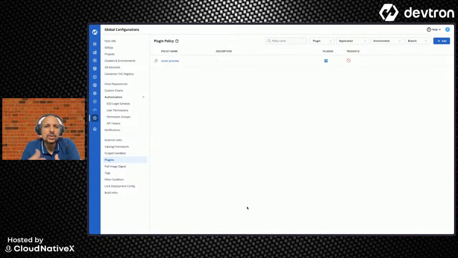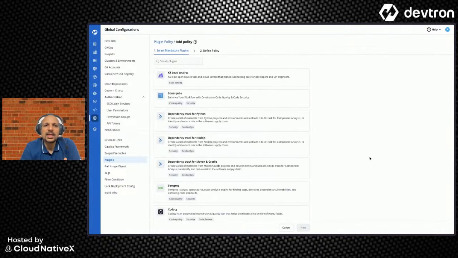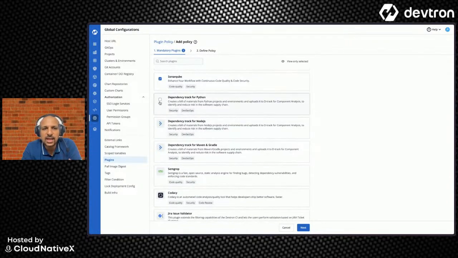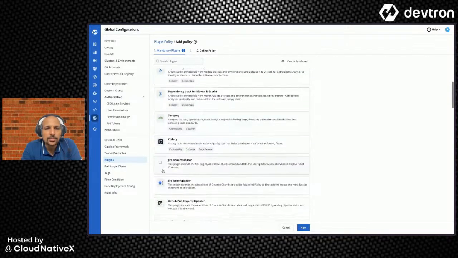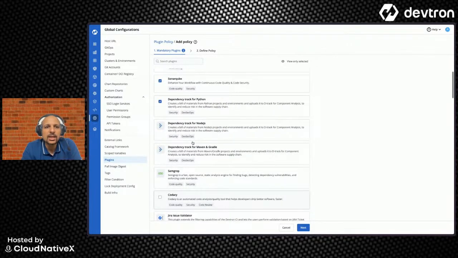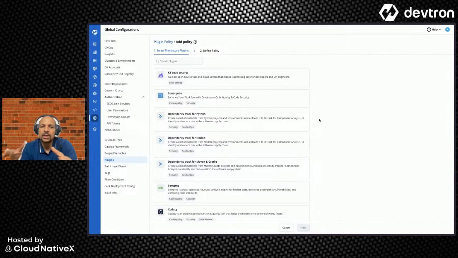Of course, you need to be sure that you have tested systems out properly. Or you may say, I want to create plugins and make them mandatory. For example, from a security perspective, it's important that every pipeline deploying to, let's say, a preview environment should have SonarQube, or Dependency-Track, or Codesi implemented. So you can make those calls